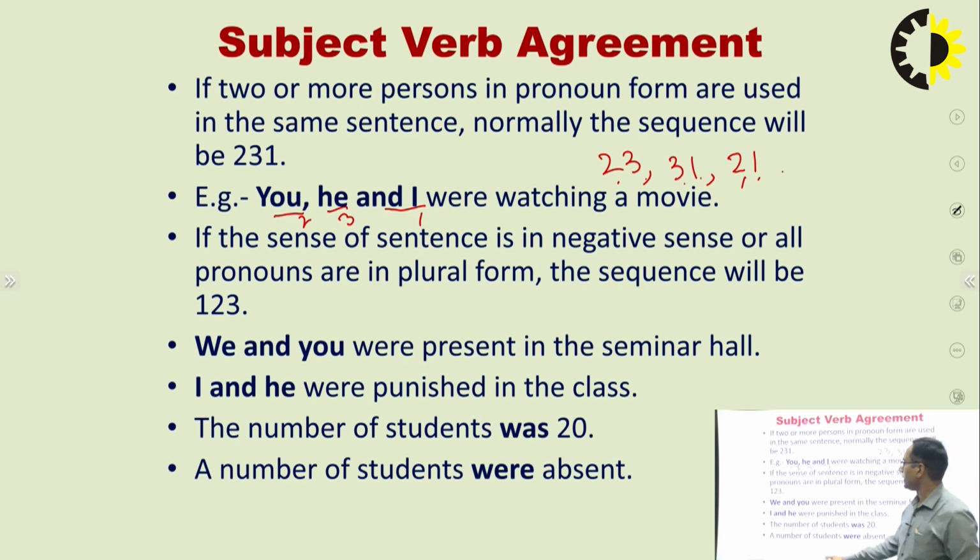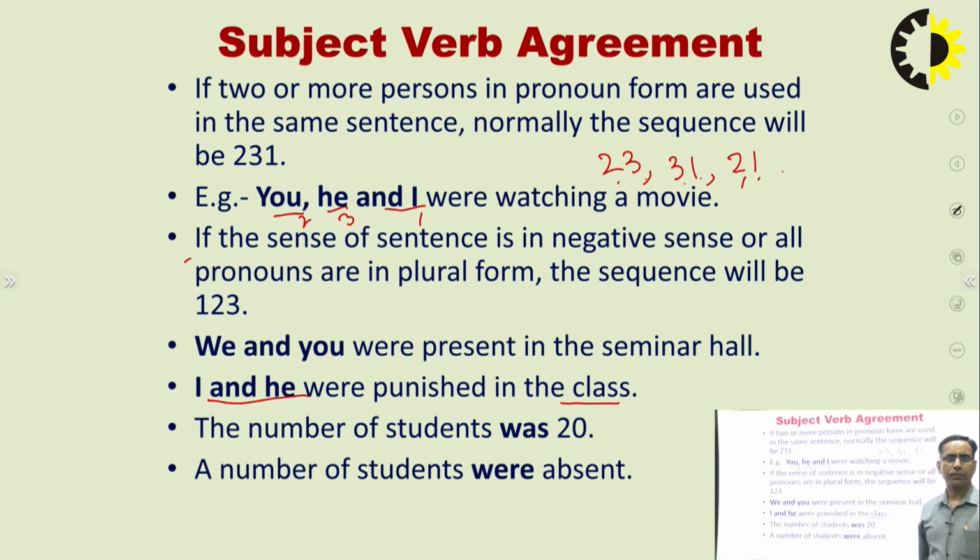Now the exceptions. These are the exceptions. If the sense of the sentence is negative, most important thing, then the sequence will be 1, 2, 3. Simple. For example: I and he were punished in the class. Punished in the class, negative sense. Like I, you and he were sent to jail or prison. So whenever these negative senses are there in the sentence, in that case we can use